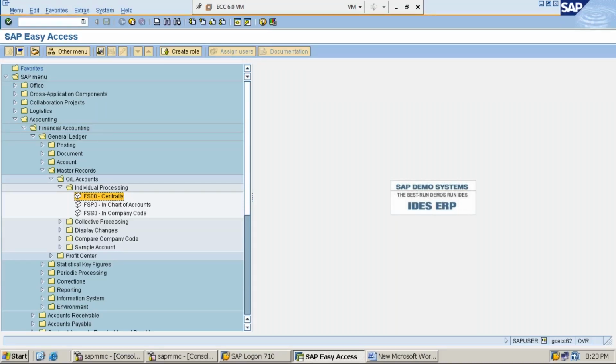Yeah, now write down from now onwards carefully. Double click on FS00 centrally.